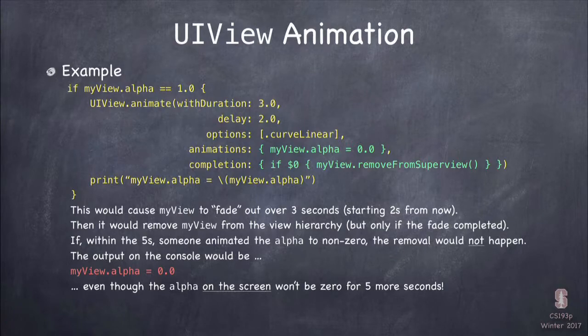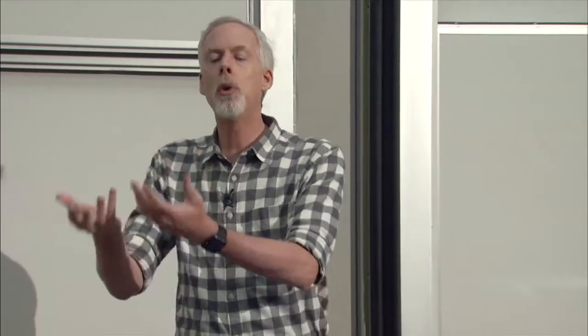The animation is just queued up to happen in the future. So always think of the changes you make with the animation system as happening right now. You're just executing that closure right now. But by wrapping it in this animate with duration, you're queuing up an animation to show the user that change that you've already made over time. And that seems a little weird because it's like, whoa, I changed it right now, and so inside my code, alpha is 0, but the user still sees it fully opaque, which they do. For 5 seconds, it's still going to be opaque until it completely fades out. But that's just the way this works. You just got to get used to that. The animations always happen after the fact, over time. Okay, but the changes you make happen immediately.